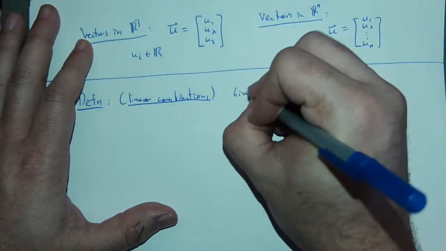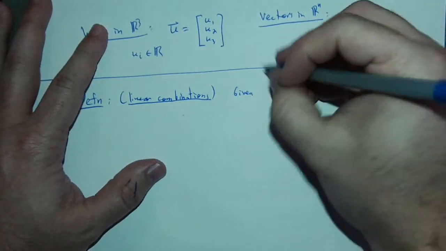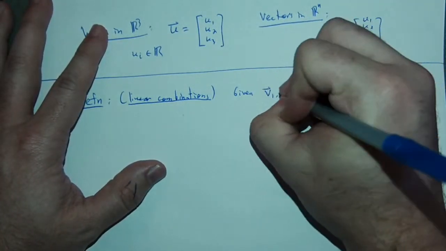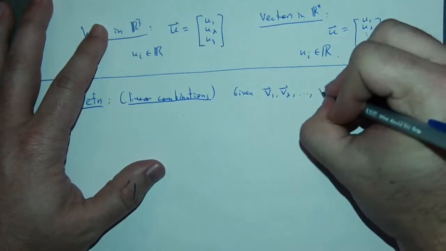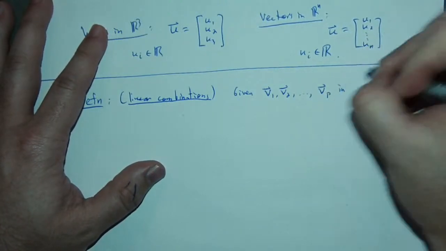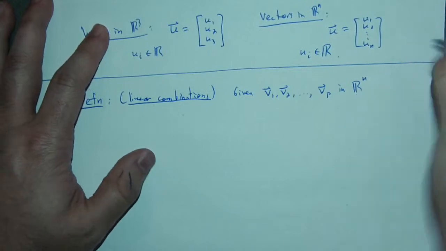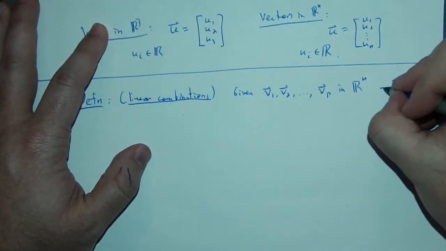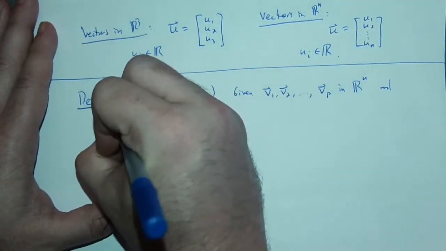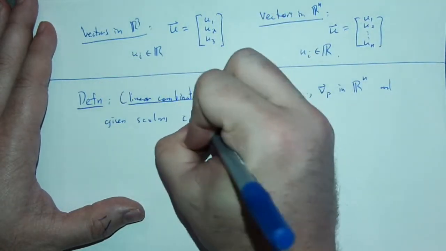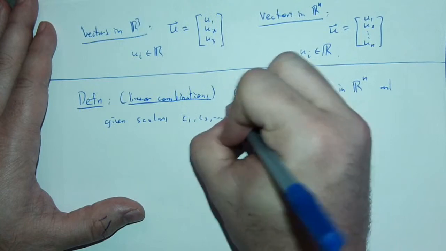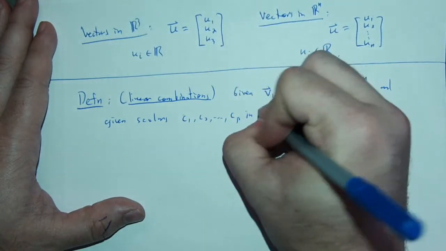Given vectors in Rn, v sub 1, v sub 2, up to say v sub p in Rn, and given scalars c sub 1, c sub 2, up to c sub p in R,